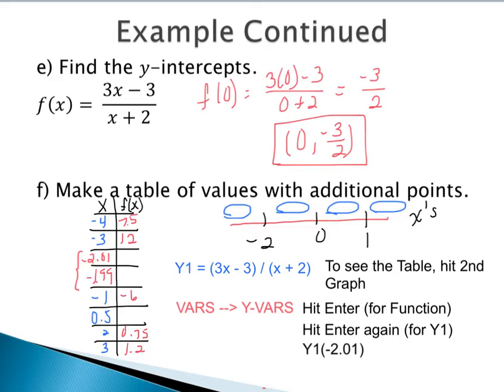You can do that again for -1.99, and again for 0.5, and that way you're not trying to do too much work with your calculator. It gets a little tedious typing in the correct parentheses with the original f of x equals 3x minus 3 over x plus 2. Either way, -2.01 is about 903, so a very large number, and -1.99 is -897, so a very small number, and 0.5 is going to be -0.6. So this gives us a comprehensive table of values, which is going to help us to graph our overall function.